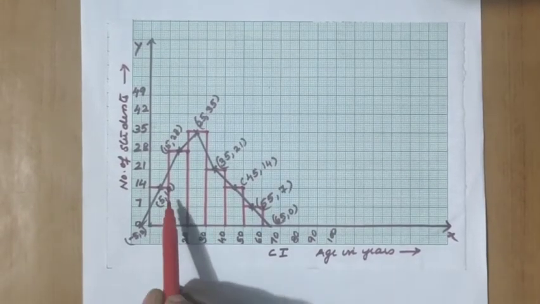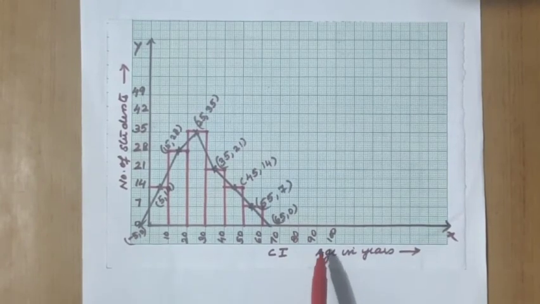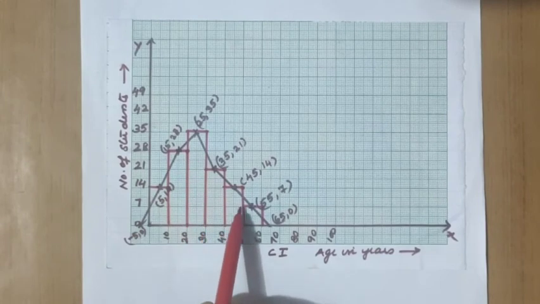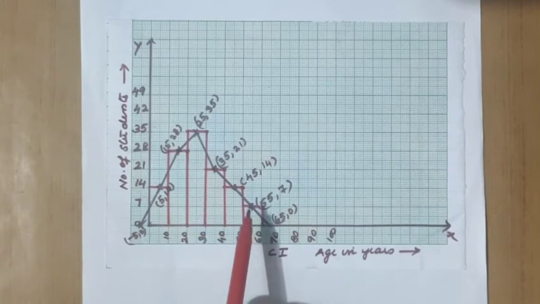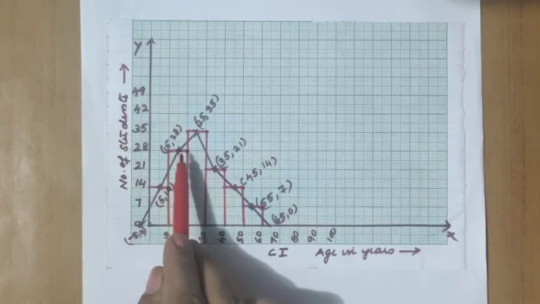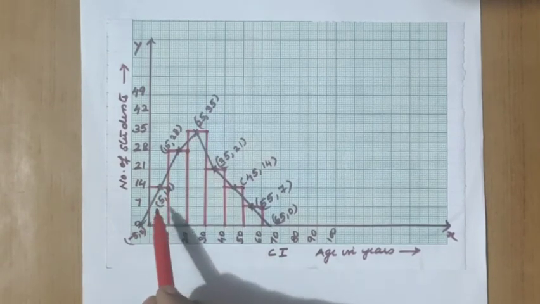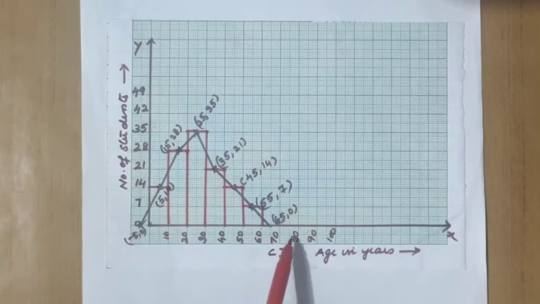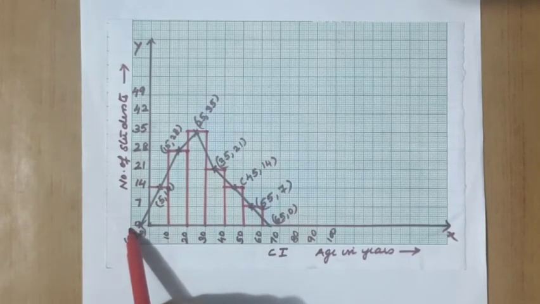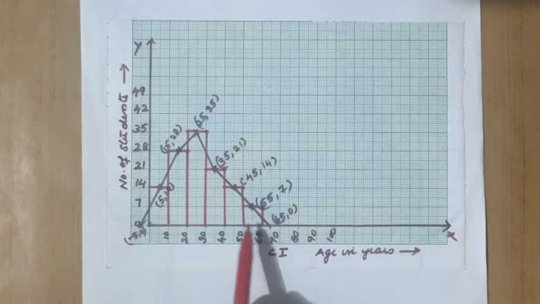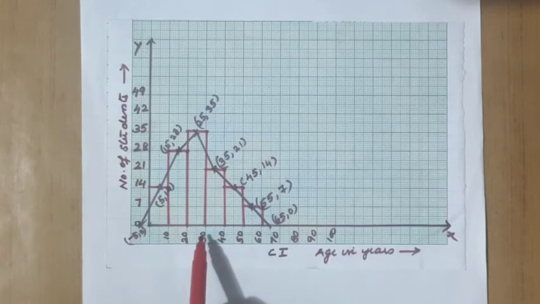First we have to complete the histogram. So labeling the diagram correctly, age in years, number of students. You can see that here we have completed the histogram. What is the next step? Upper part we have to find the midpoints. Midpoints we have marked here and we have joined. Since it's a frequency polygon, next we need the preceding midpoint of the first class interval and the succeeding midpoint of the last class interval. That is the next midpoint. We have to use it for closing the data since it's a frequency polygon.